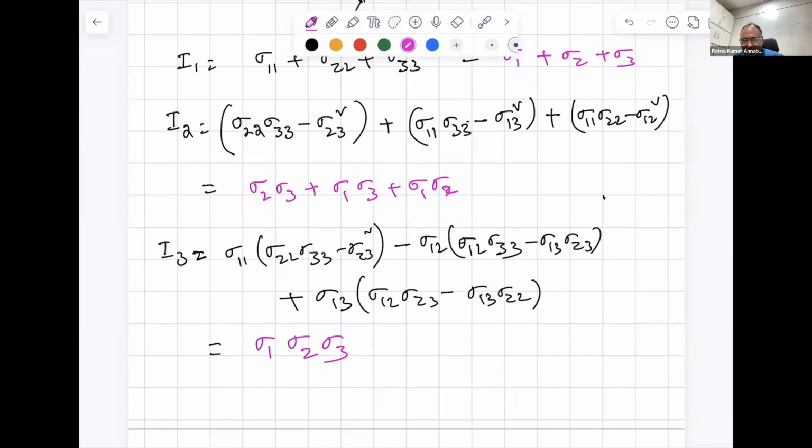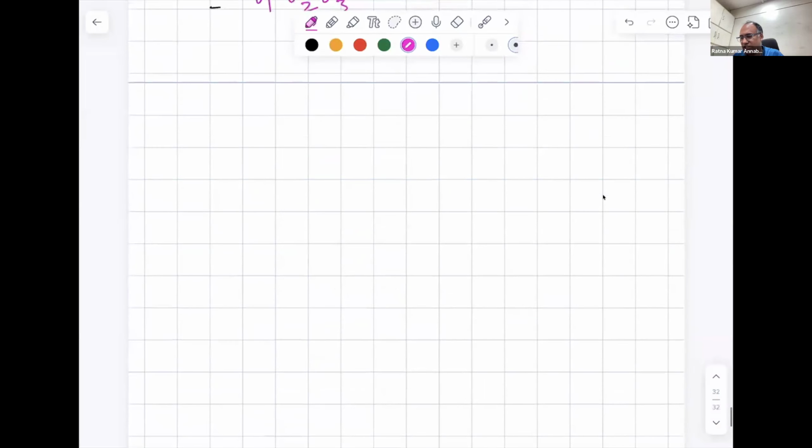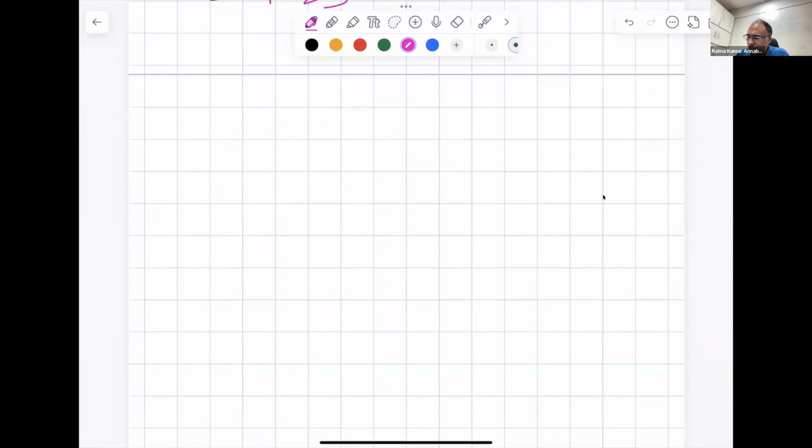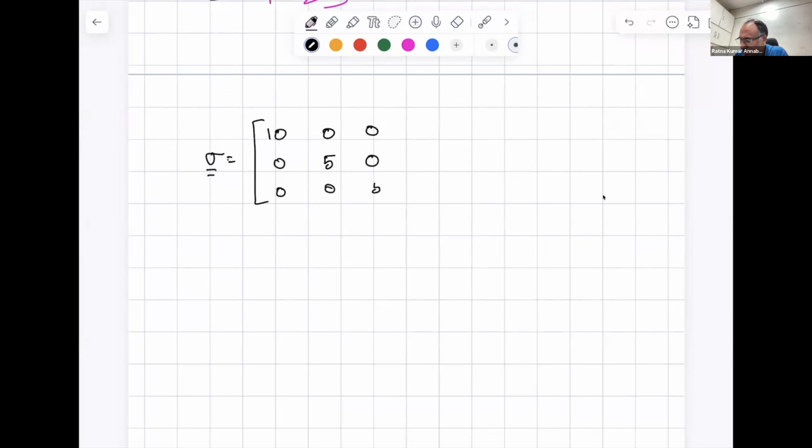If there are no further questions, now let me ask you this simple question. I will give you a stress state sigma, which is given in the principal frame of reference. I can write it in any frame of reference, but the principal frame of reference is easier to deal with. Okay, this is one stress state. I am writing another stress state. This is sigma 1, and the second stress state is